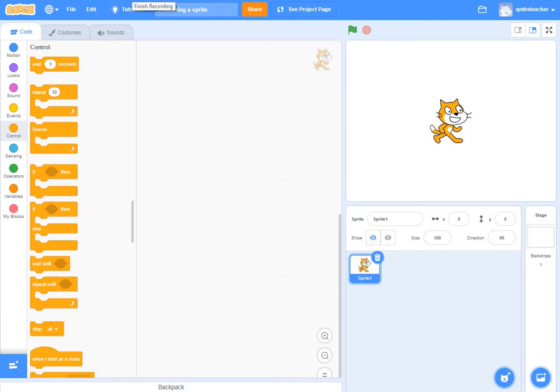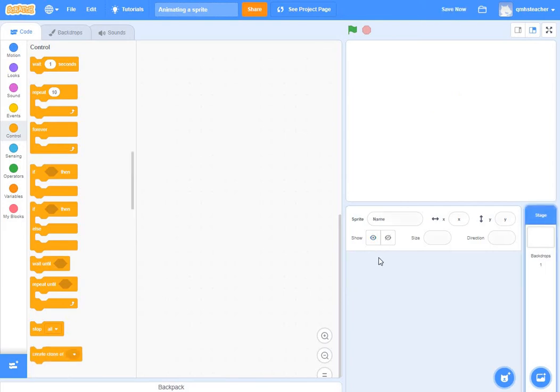This video will go through creating and animating a sprite. The first thing I'm going to do is remove the sprite from the screen that is already there, as we don't need this one. So I'm just going to click the little bin at the side of the icon in the sprite section at the bottom right of the screen. I will then click on the small icon in the bottom right, and I'm going to create my own sprite. So I'm going to choose paint,